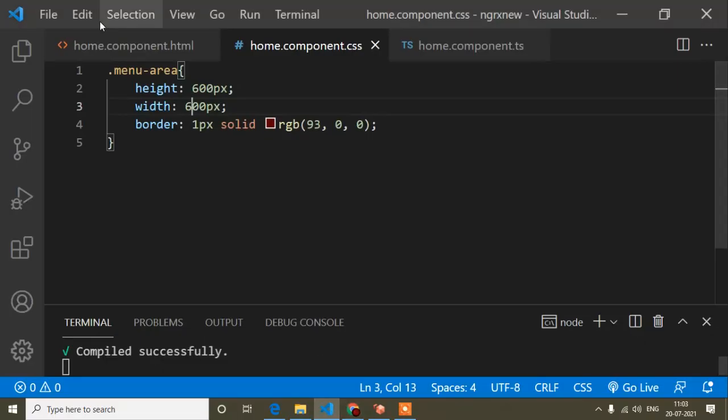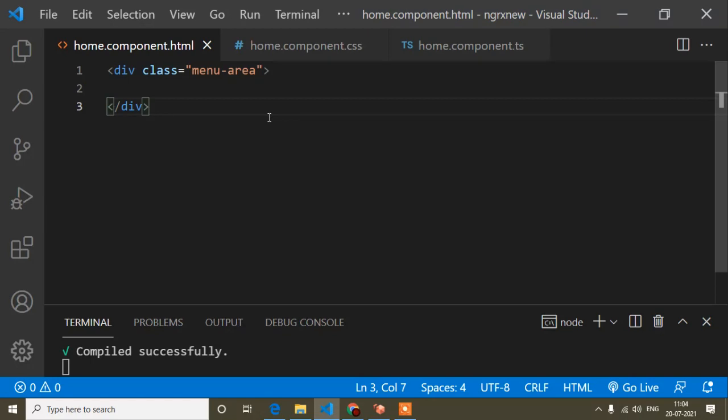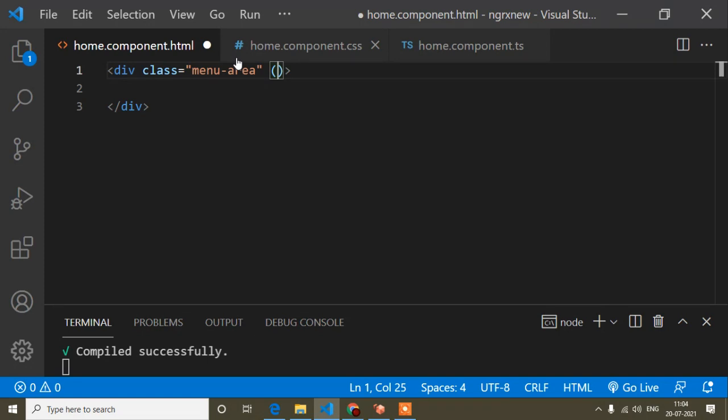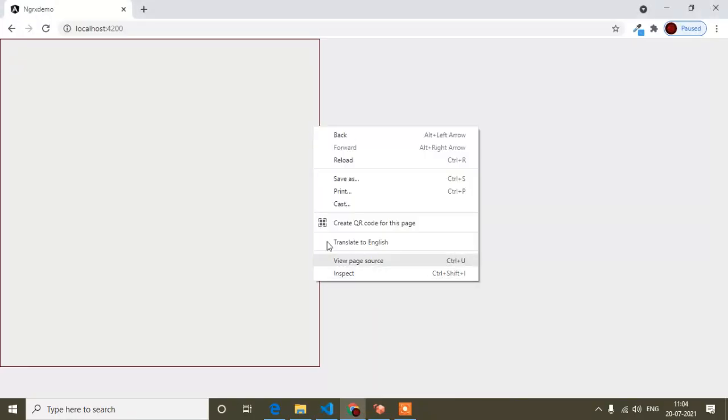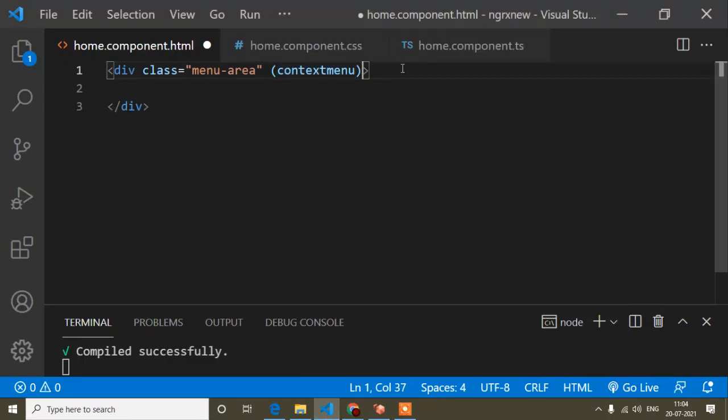So how can you do that? I will go to the HTML file, and when I click inside this div, I have to write a method. The event name will be contextmenu. I already said that this menu which appears by default when I click is called the context menu, so the event is also contextmenu, not a click event, not a hover event. You have to remember this one. The method name you can write anything; I will write contextmenu with parentheses. The method name can be anything, but the event name you have to write exactly the same.